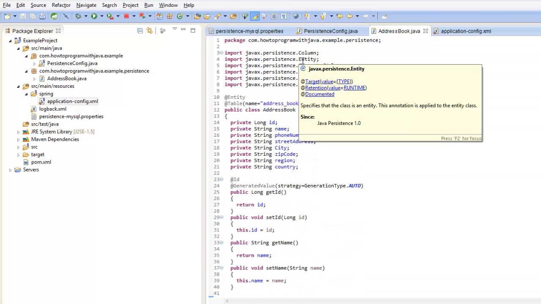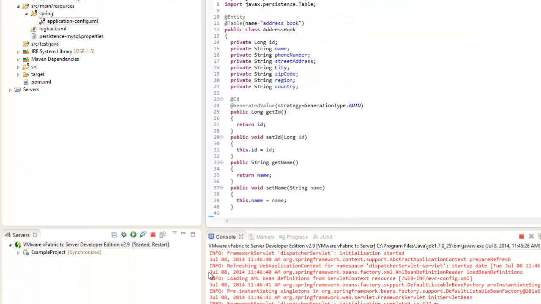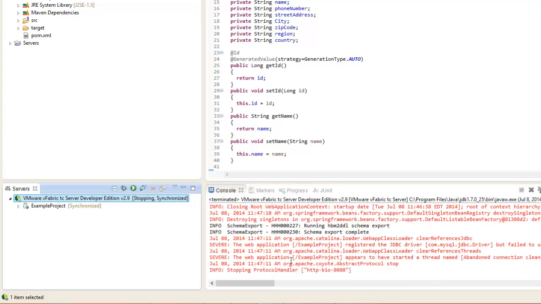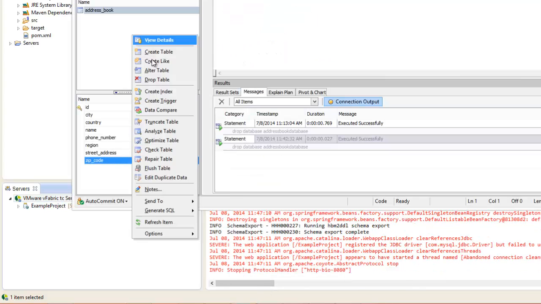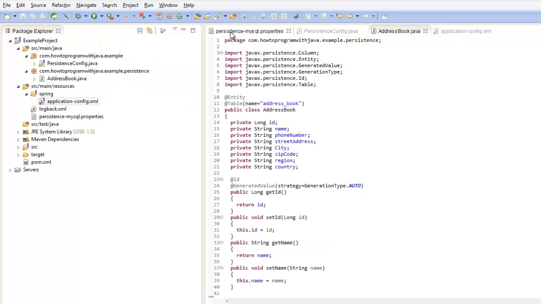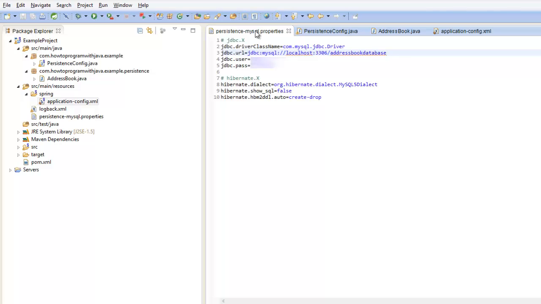And I guess I can throw one final little bonus at you if you like. You might notice that when you stop your server, I'm going to go ahead and stop the server and wait till it's actually stopped, and you go back in here and you refresh your table, you might notice that it disappears. Where the heck did my table go? If you're seeing that, that's most likely because of your properties file. If you go back into your properties file, at the very bottom here, you'll see a